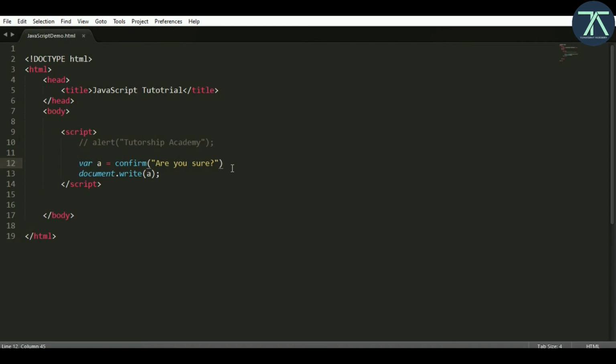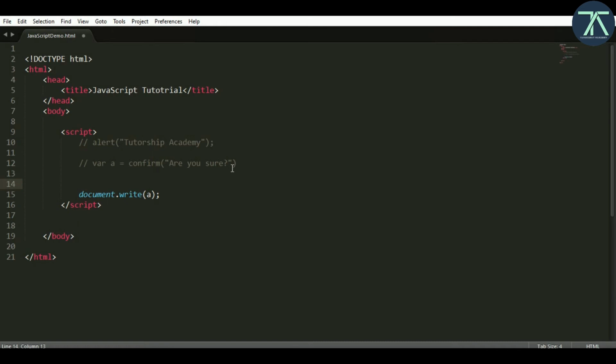So this confirm method returns true upon click on the OK button. If I refresh again and click on Cancel, then it returns false. Basically this pop-up returns a boolean value, true on click of OK and false on click of Cancel. Based on this value we can do some logical operation. So this is the confirm function, and let's see what we have next.